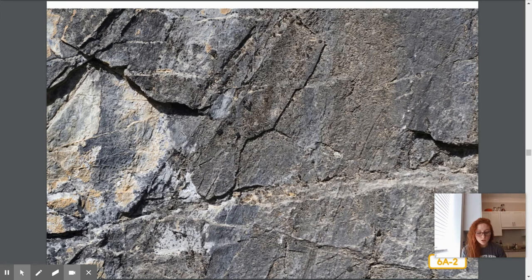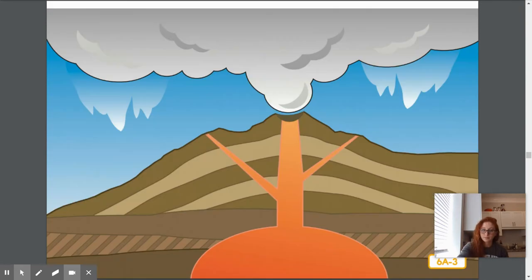This picture shows a close-up of one type of igneous rock. This is a plain old gray rock that contains different types of minerals, and it hasn't always been a plain old gray rock. The word igneous comes from the Latin word for fire. Because igneous rocks began deep down in the heat of the Earth's mantle,